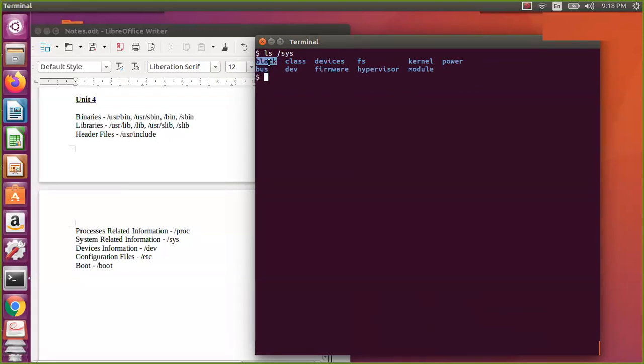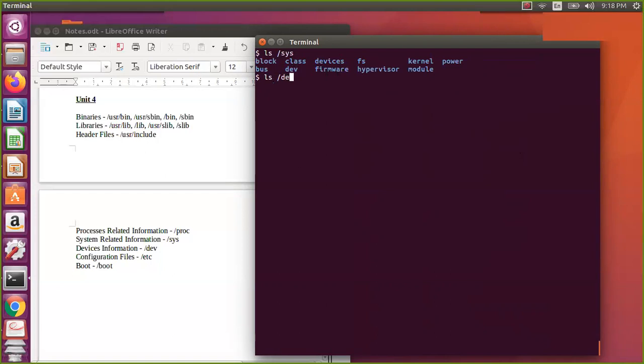So slash system is giving the information of the hardware, basically hardware, firmware, devices, power, and the kernel. So you can go to this directory and explore. As a normal user, you can just see the files and explore.